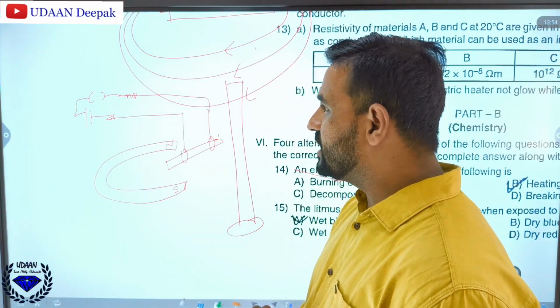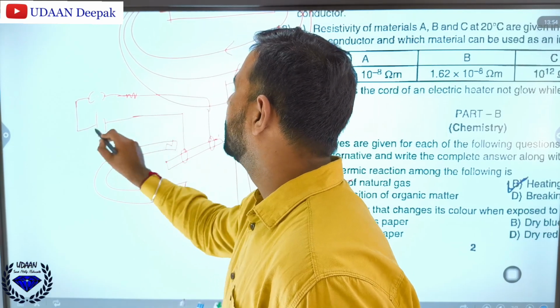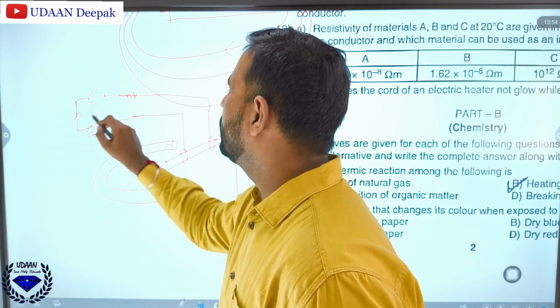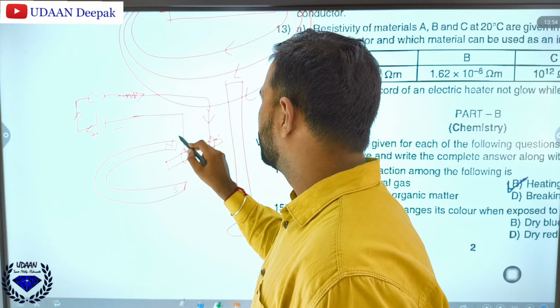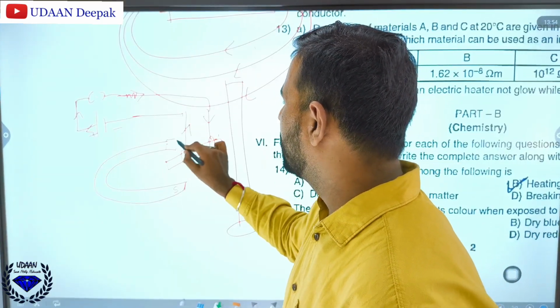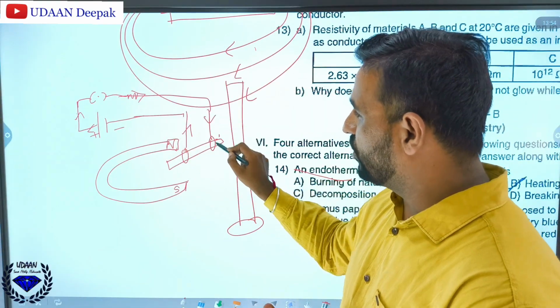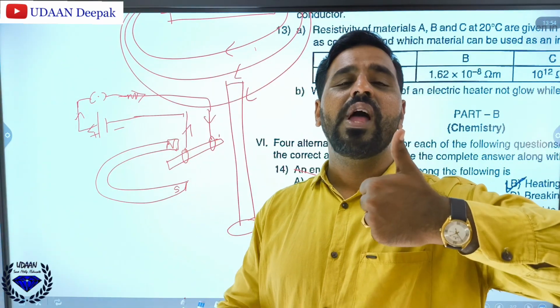Now what you should do is pass the current. Like this you should connect. This is positive, this is negative. Current will move from positive to negative. So this is like this. We should show the direction of current. Now you know that the magnetic field, see current is flowing downward. Which hand rule? According to